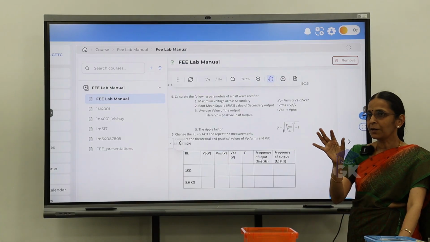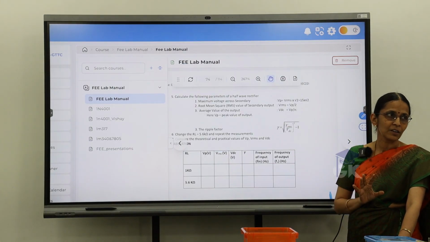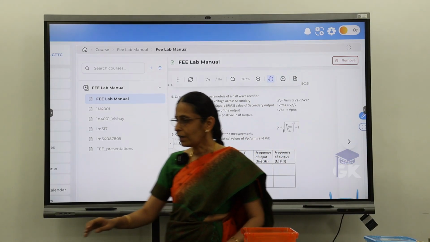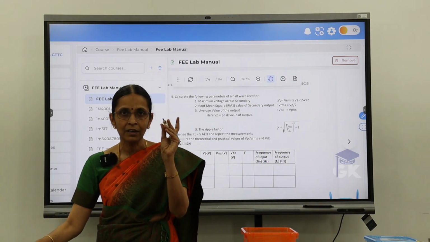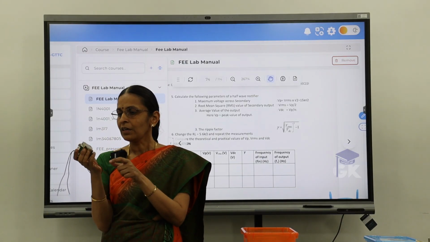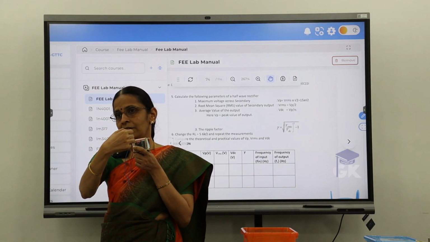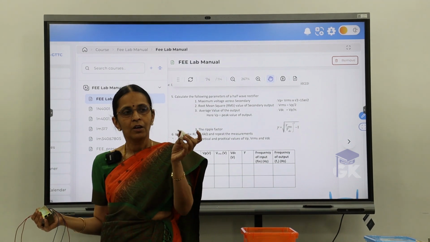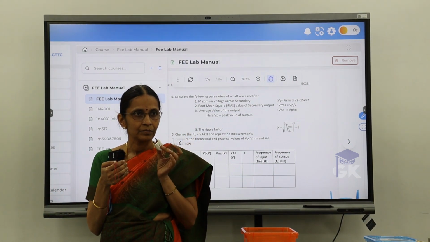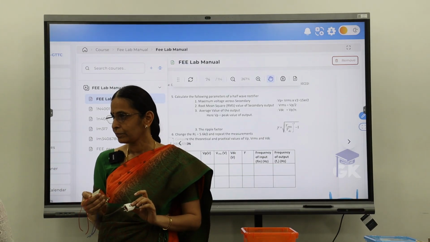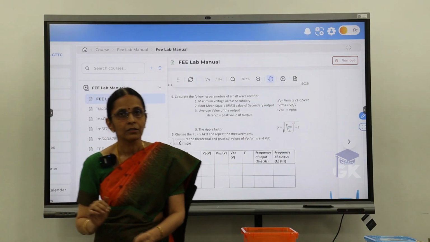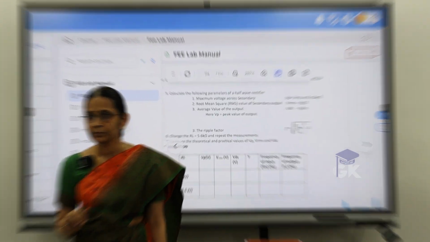So just one diode and a resistor which you have to connect to your transformer. The plug and the transformer are given separately. You have to make the connections to the primary side. The primary side is this. So you have to remove the screws and then connect this to the plug, and then you use it. Clear? So let's start with the hands-on now.